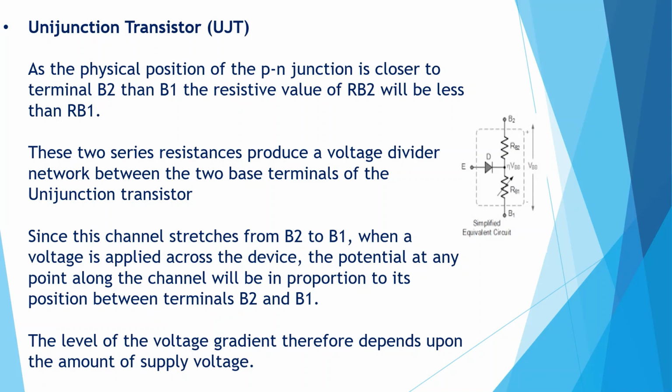Next, you can see the equivalent circuit of unijunction transistor. We have one PN junction diode and two resistances, which are between base 2 and emitter and base 1 and emitter, and VBB is the potential which we are going to apply between base 1 and base 2. Okay, and in the previous section we have understood that the total resistance between base 1 and base 2 is RB1 plus RB2, which will be the total internal impedance of unijunction transistor.